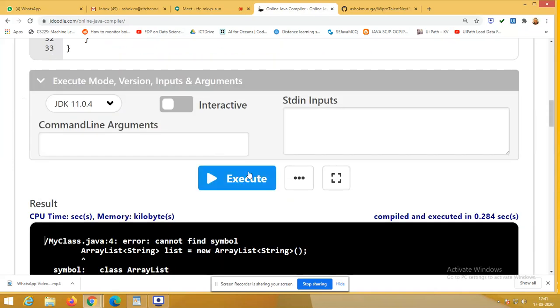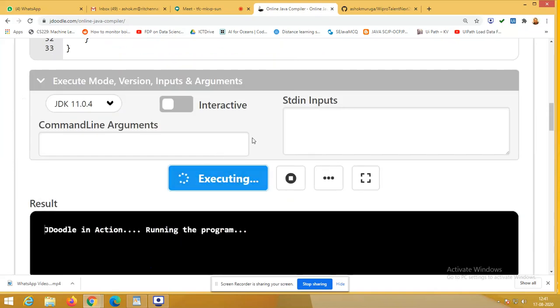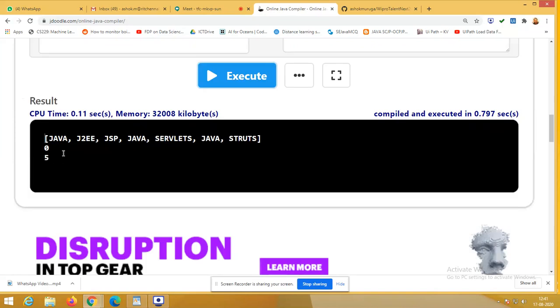Now we'll execute. Yes, it has reflected the list first. Later it gave the first position of Java. Java is available in the 0th position. The last position is 0, 1, 2, 3, 4, 5, the fifth position. So 0 will be fetched by indexOf, and 5 will be fetched by lastIndexOf.